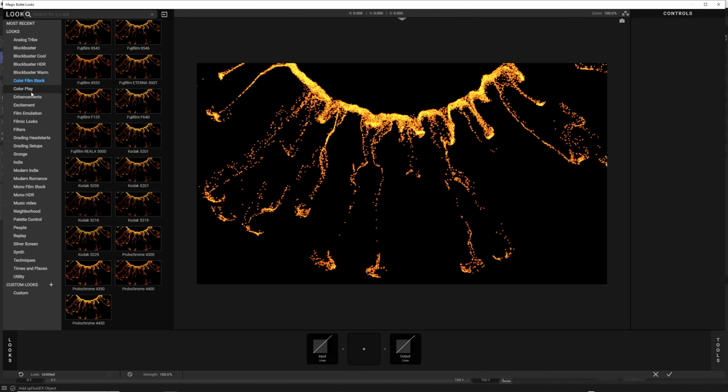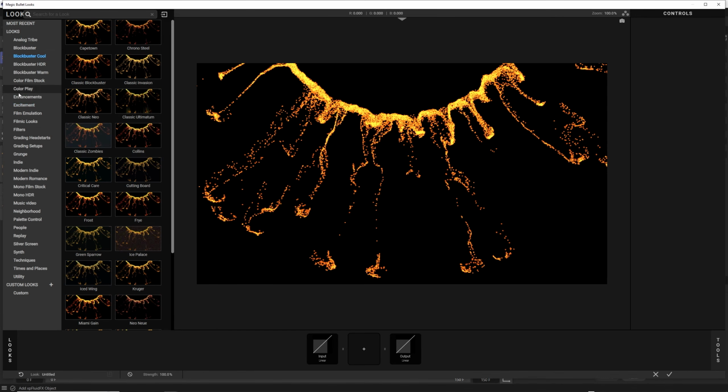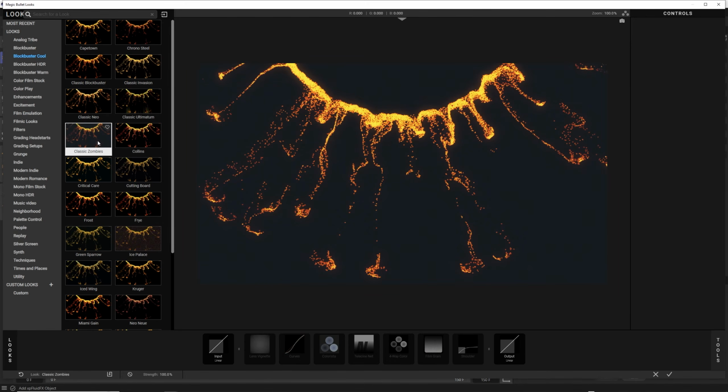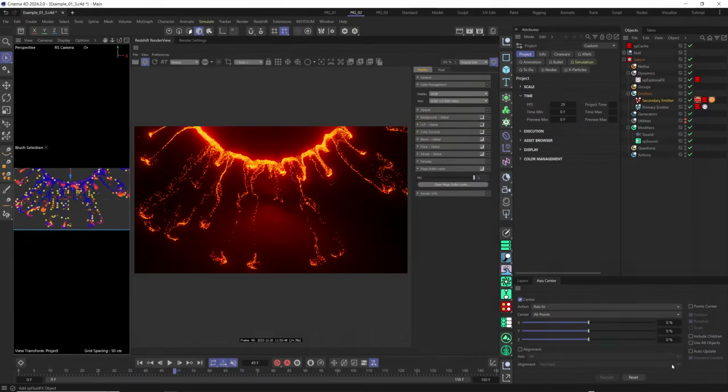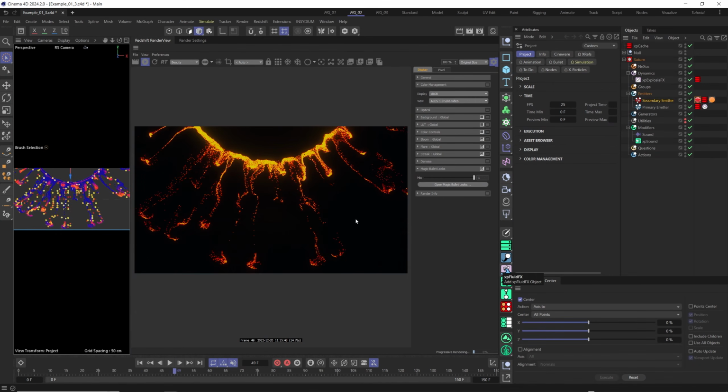And here you have a lot of looks that you can select from category and test your project and see which one worked the best. Let's say we want to have our blockbuster cool and select our classic zombie and just click on it. And you can see we make it even more cinematic, and just here with the mix you can make the